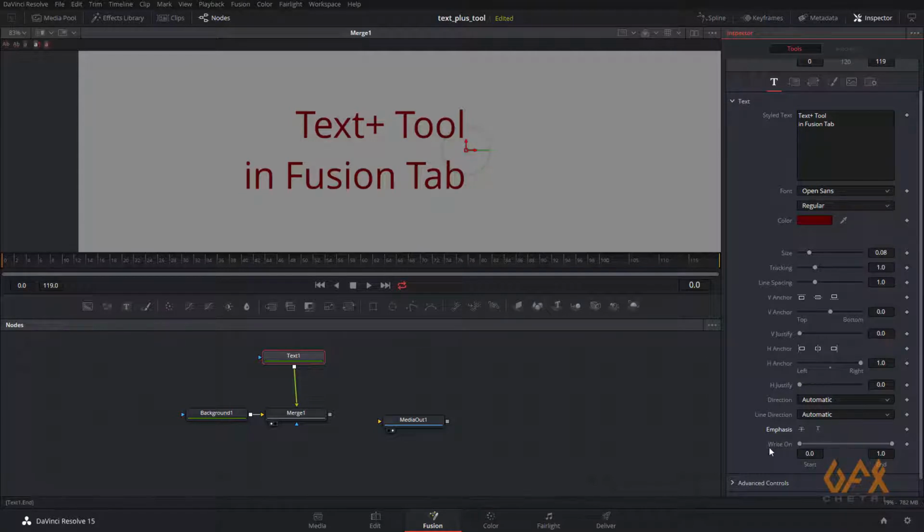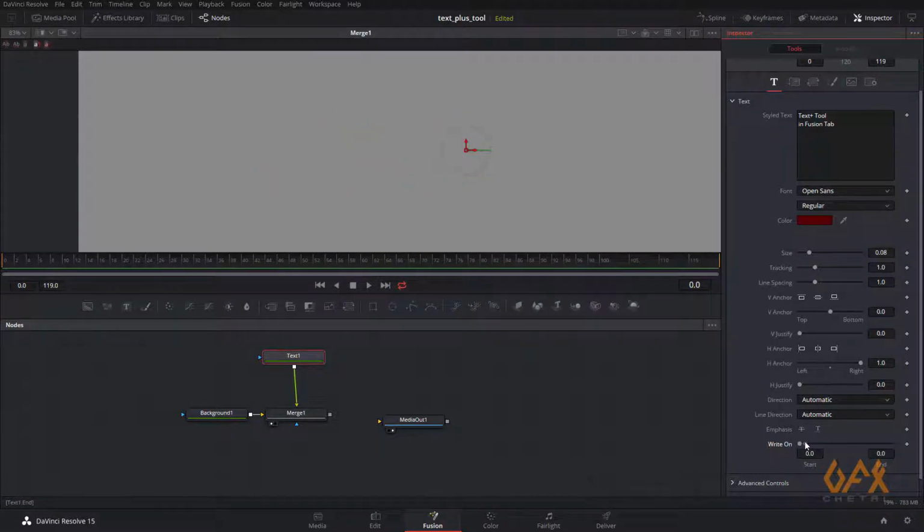Here is one more good option, that is the write on option. If I change my end point like this or the start point, you can see the result. The good thing is that you can animate this property.